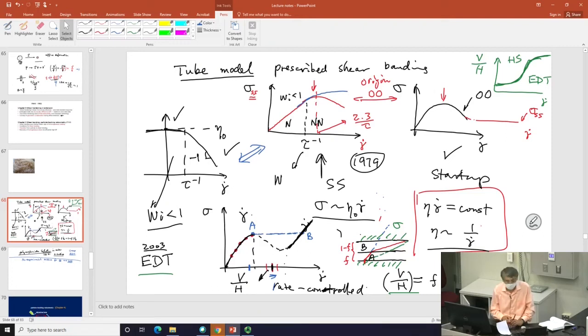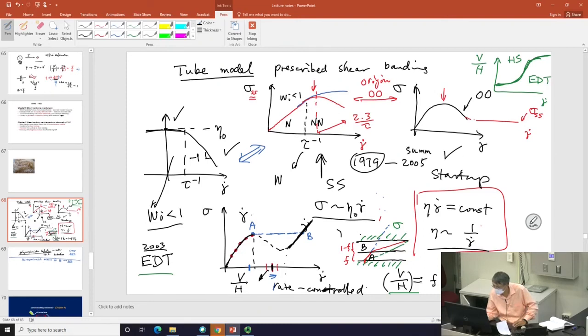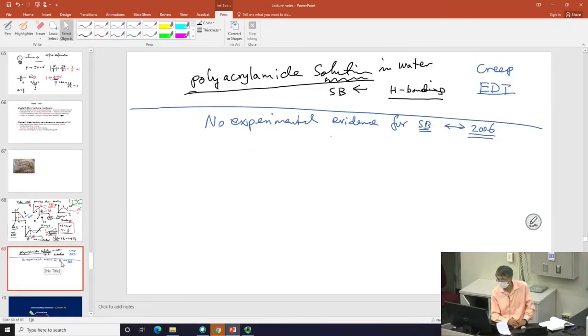Okay? But look how many years passed. In fact, the paper was published in 2006, but really what we observed was in summer 2005. That's a great number of years passed. 26 years. Okay? In between these 26 years, we have one report of shear banding. The rest says there is no shear banding. We couldn't find any shear banding. For reasons,